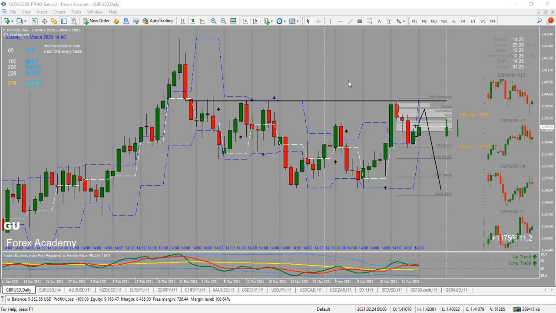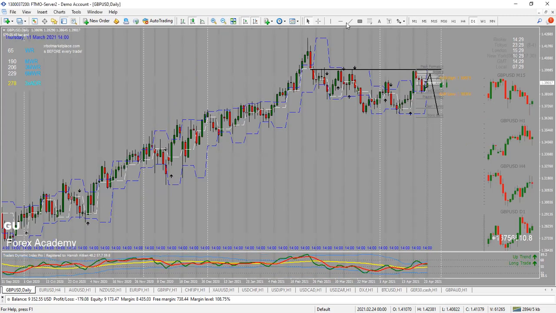Like last week, I was showing you guys that the big swing that we have on GBP USD is this one with the 3-bar pattern, whereby I'm looking for the market to take out these two equal lows. I know GBP USD is still bullish, and in order for them to go higher, I will be looking for them to take out these two equal lows, including this one,